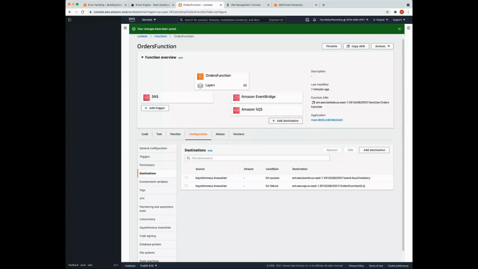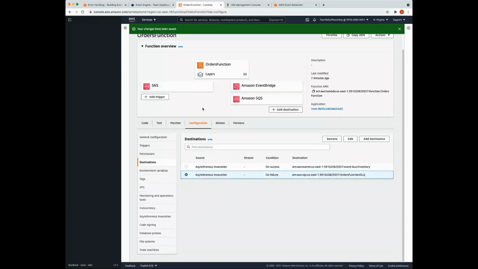All right, so now that we've configured that, we can see we have multiple destinations here. We have one on success, one on failure. We can see the different targets for the configuration here. And we're going to go ahead and test the end-to-end functionality.